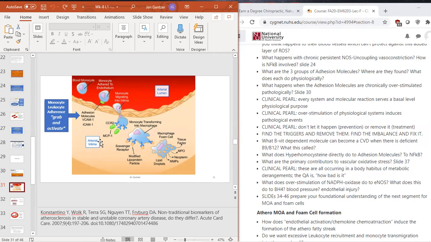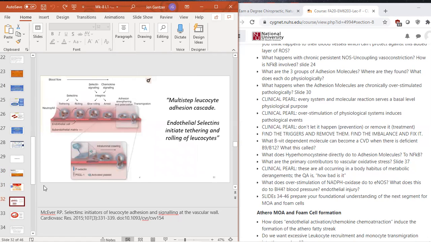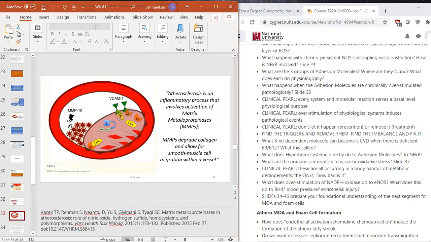Here is where you're going to have your green sticky little arm. Your ICAMs and your VCAMs are going to grab your passing-by immune cells and activate them. Here are your selectins allowing your rolling, and there's your transmigration, diapedesis. And then you also have your protein matrix